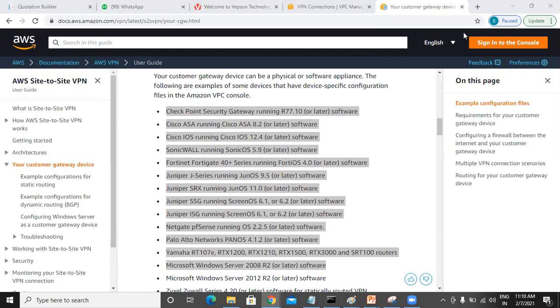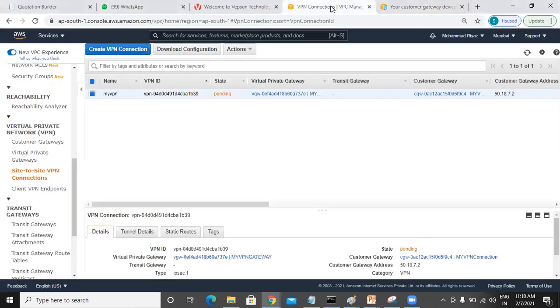So that's the reason you no need to worry, because as we tested already client to server VPN connection, that itself will give you a clarity. But if you want to do this, you can do this, or else you have one more option. If you in your office or anything have any of these old appliances, you can try downloading it virtually and you can test it. So those things also you can do.